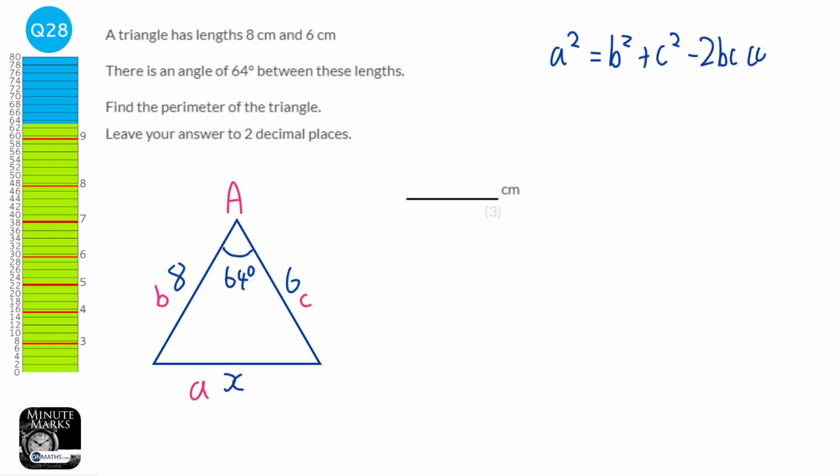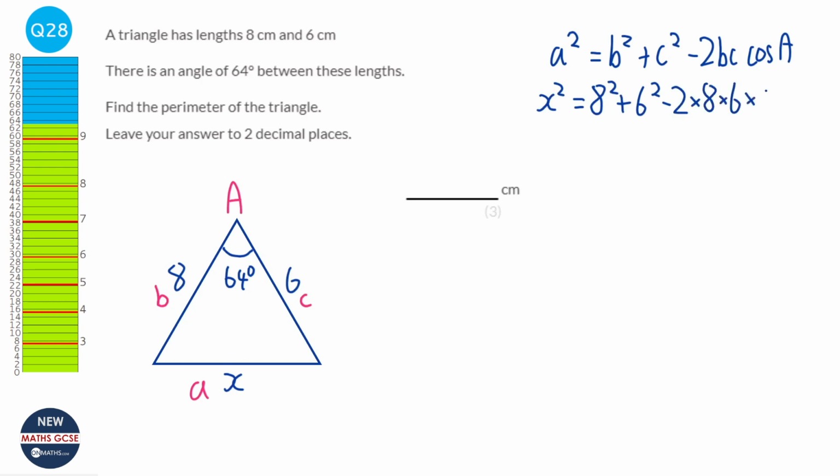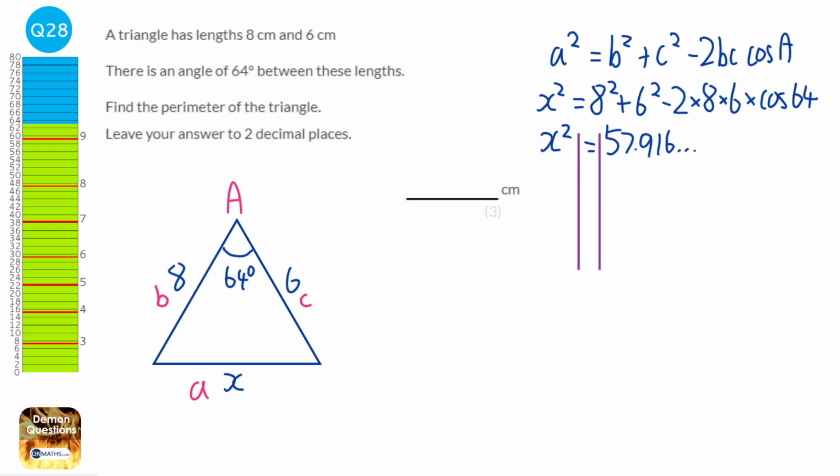2bc cos a. And so that would be x squared equals 8 squared plus 6 squared minus 2 times 8 times 6 times cos 64. And that will be x squared equals 57.916 and so on. And we just need to solve this by square rooting both sides. So it would be x equals